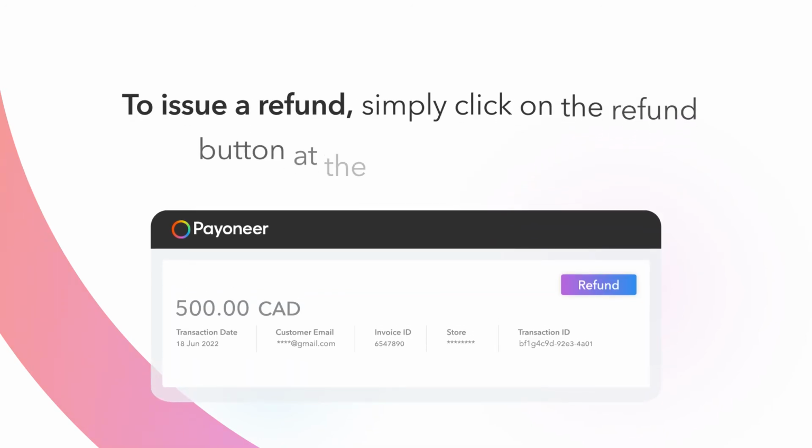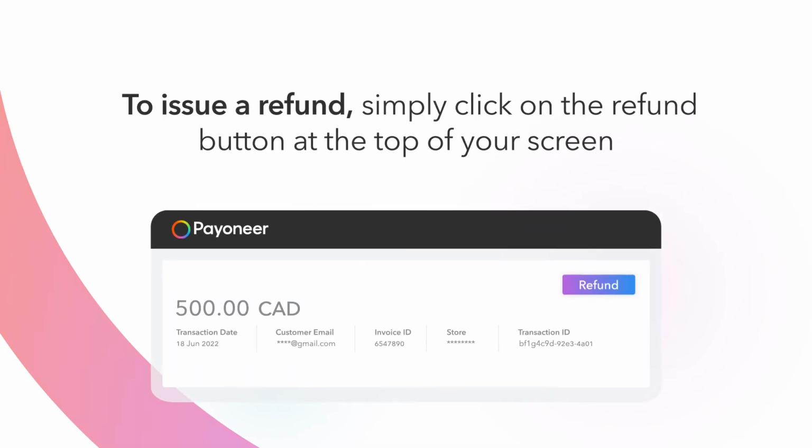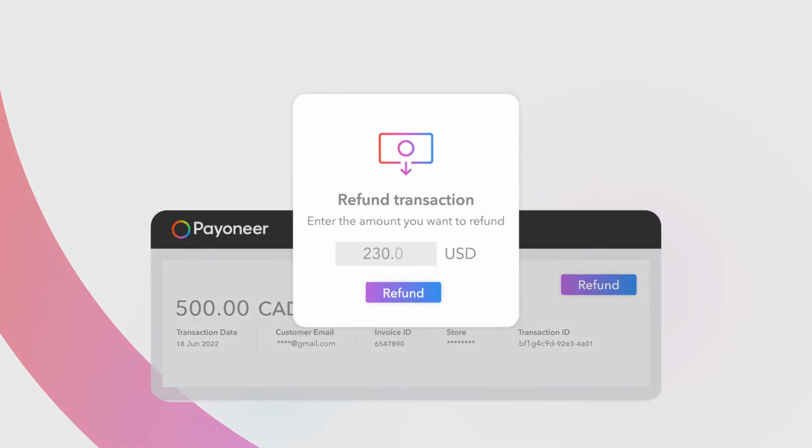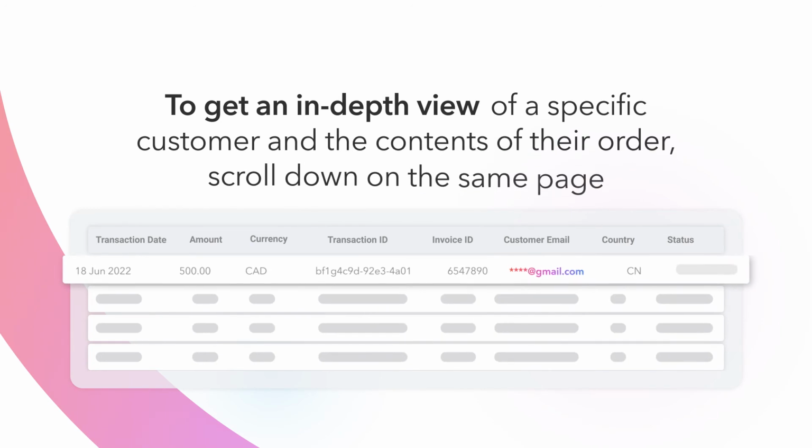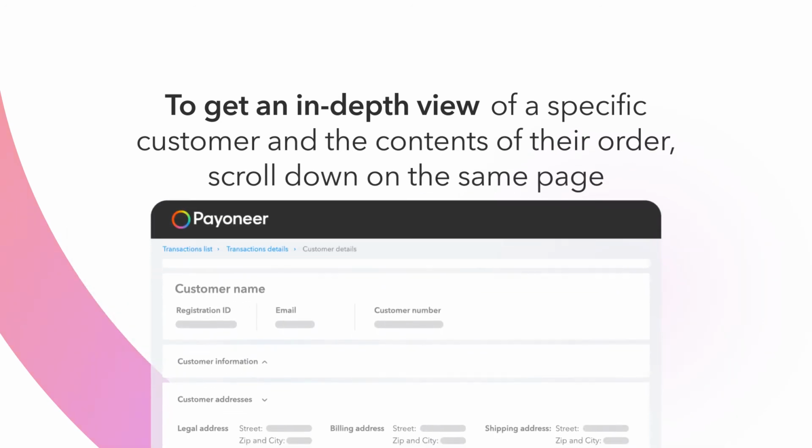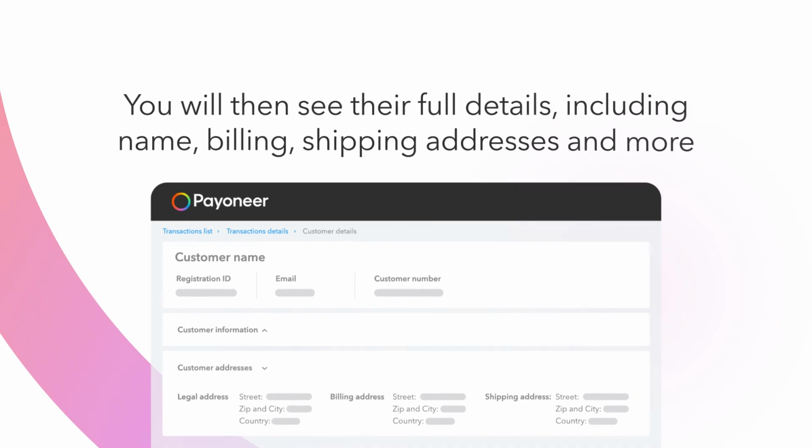To issue a refund, simply click on the Refund button at the top of your screen, choosing the amount you want to transfer back to your customer. To get an in-depth view of a specific customer and the contents of their order, scroll down on the same page. You will then see their full details, including name, billing and shipping addresses, and a complete list of all